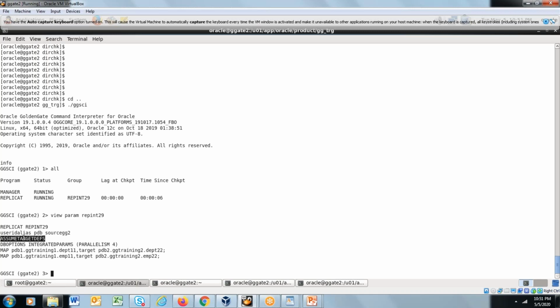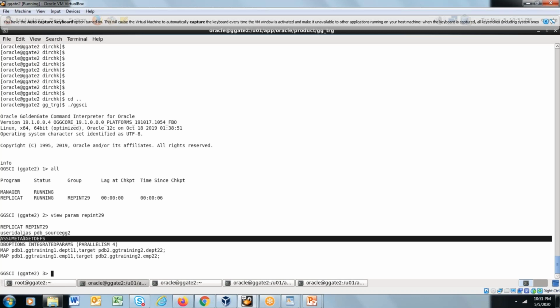Prior to 12.2, the source structure didn't used to be written automatically. From 12.2 or 12.3 onwards, that self-describing trail file feature came, from where automatically the structure of tables gets written into the trail files, and Golden Gate automatically uses assume target depths.